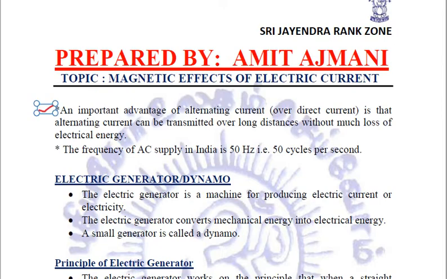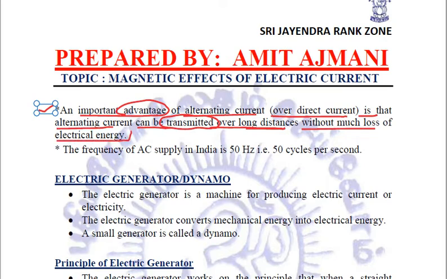This is important, an important advantage of alternating current over direct current is that alternating current can be transmitted over long distances without much loss of electrical energy. So that is why for long transmissions alternating current is used, because energy loss is less, which is what we really want. In our household supplies, it is the alternating current that is coming, which is changing its direction alternatively,